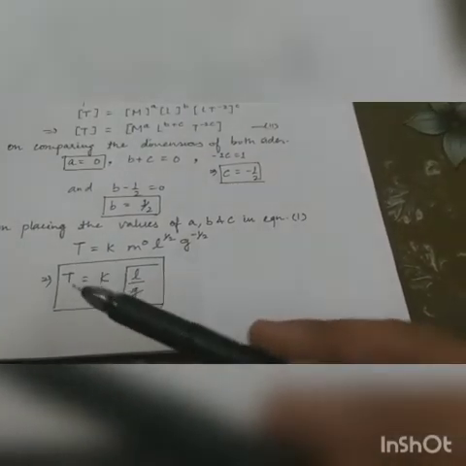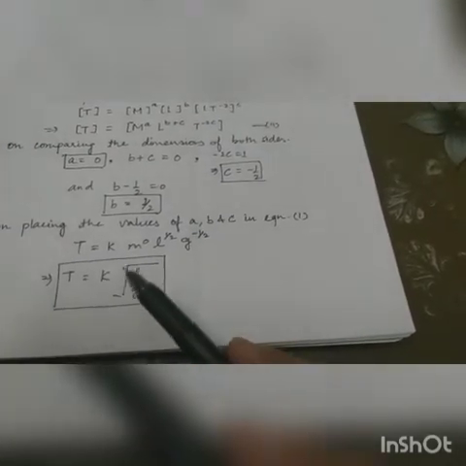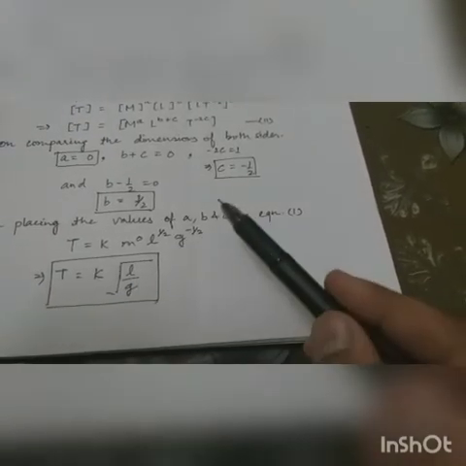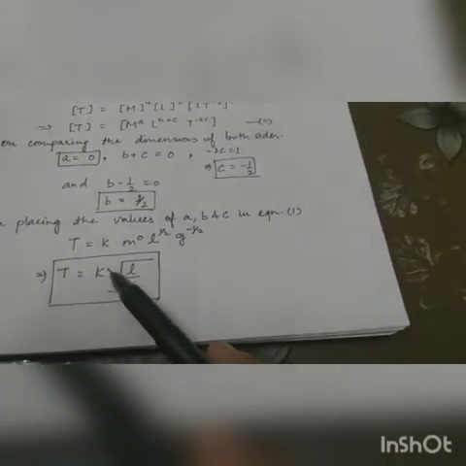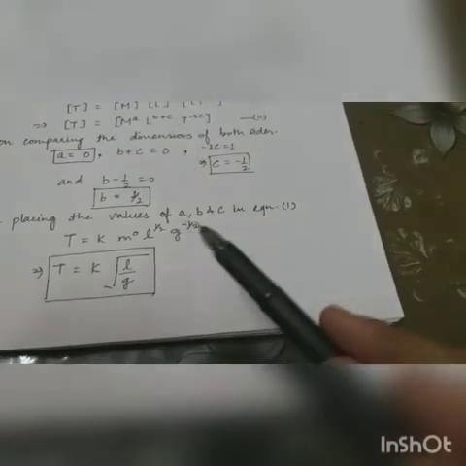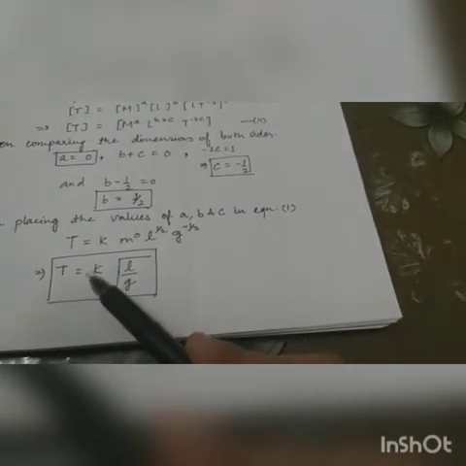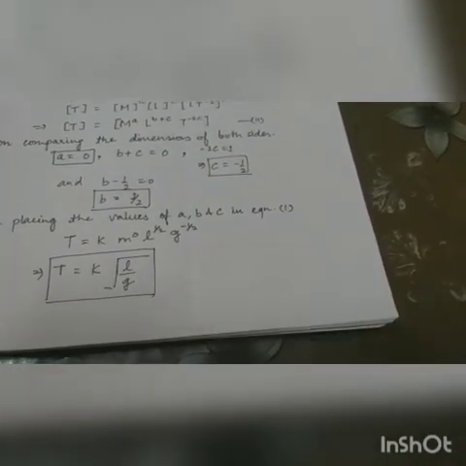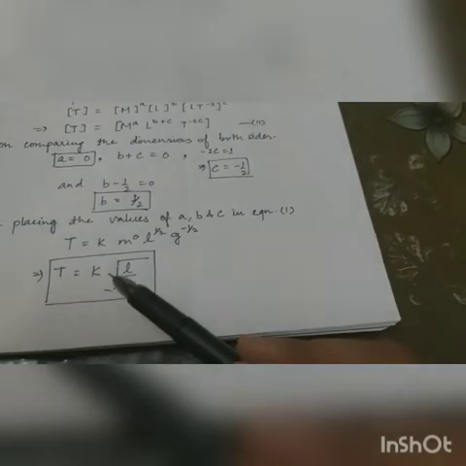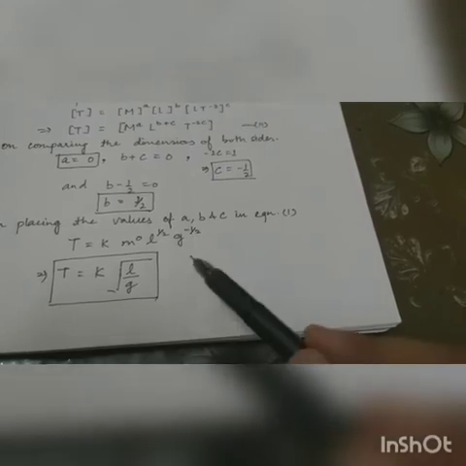In various chapters of class 11th, we will study various expressions. The original expression is t is equal to 2 pi under root l upon g. But with the help of dimensional analysis, we cannot determine the values of these dimensionless numbers which are actually used in the expressions. So in this derivation, we will leave the expression here only, t is equal to k under root l by g. Afterwards, when we study the different chapters, we will know the value of k. Till here it is absolutely correct.